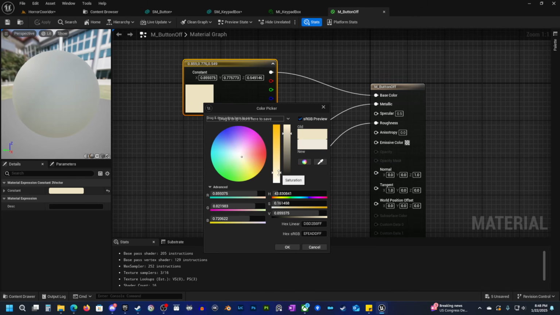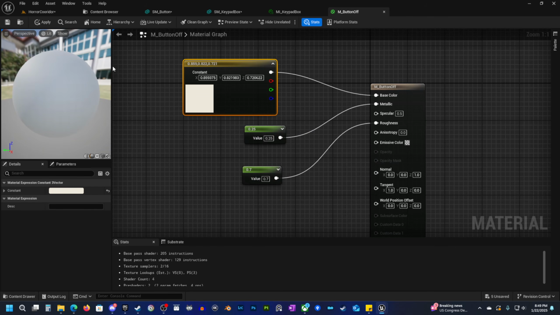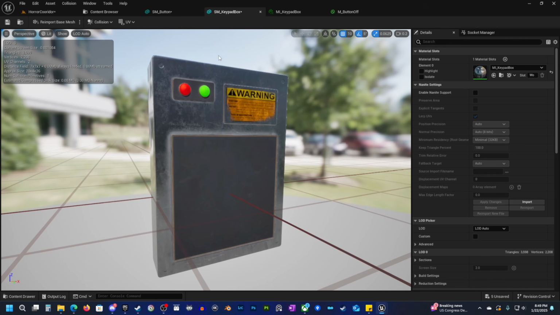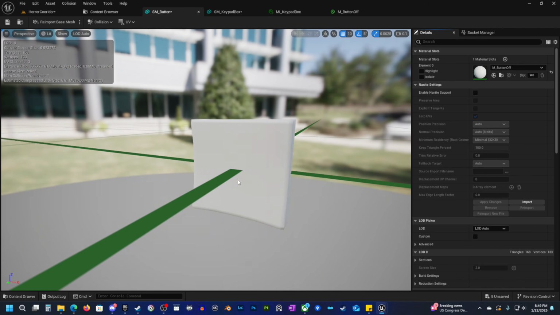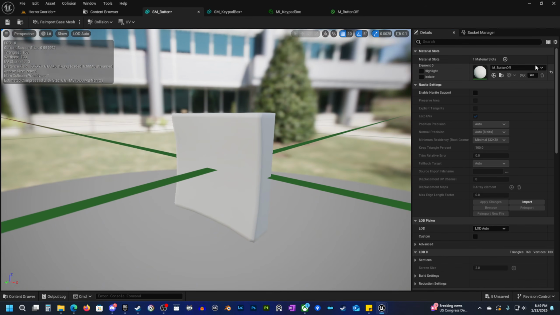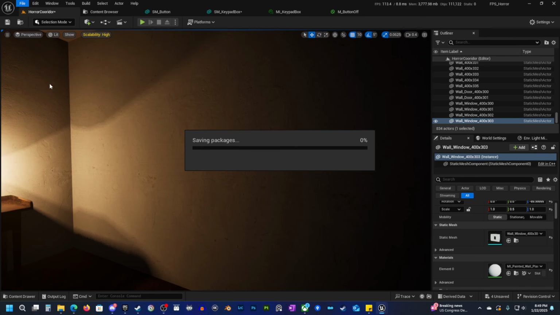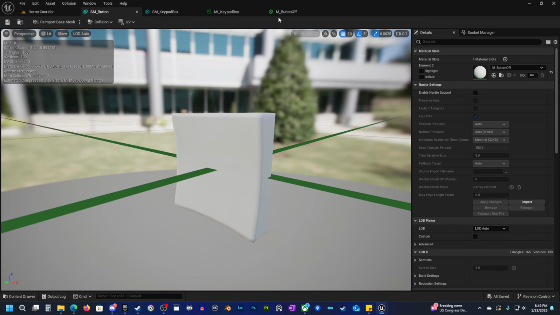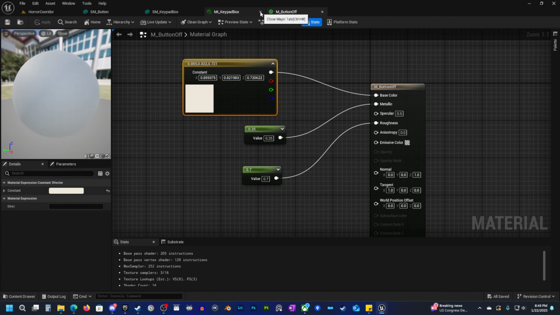Actually, I'm going to make this a little lighter. All right. So again, this is just super basic, but this is going to be our default for the button when it is off. So I'll go ahead and set that to the default material. Let's save that. Let's also just save everything while we are at it. And let's see. Now we need, go ahead and close that. Now I need,